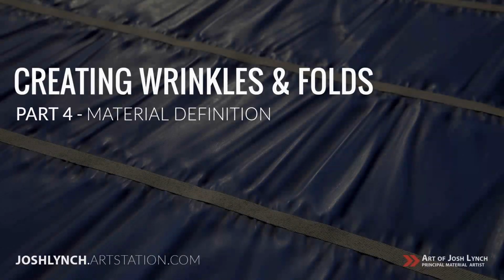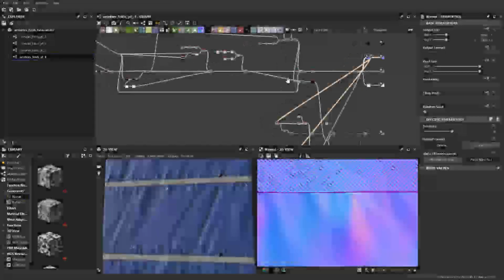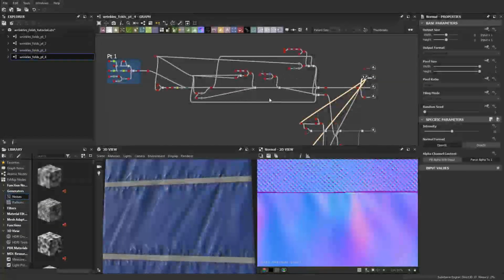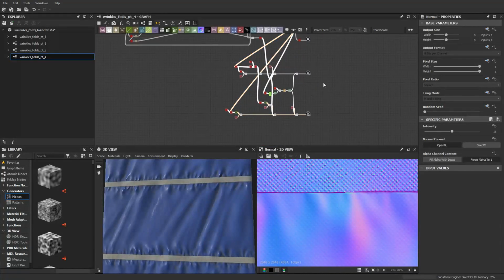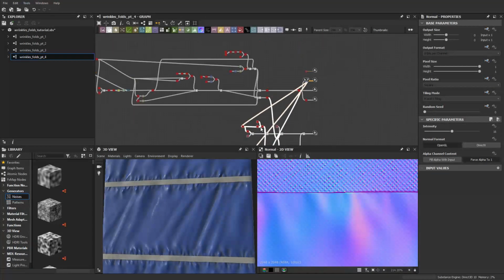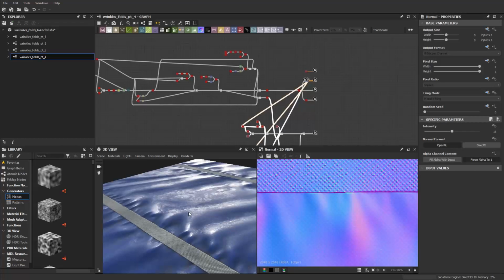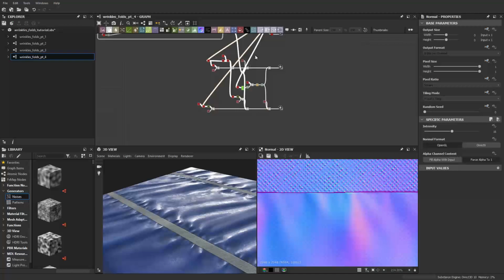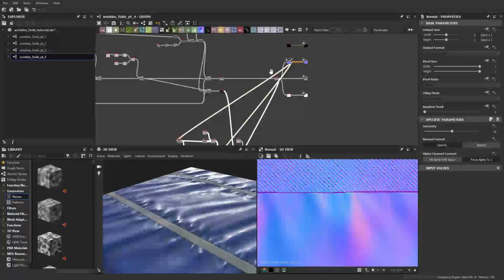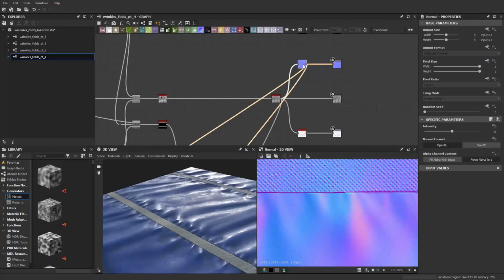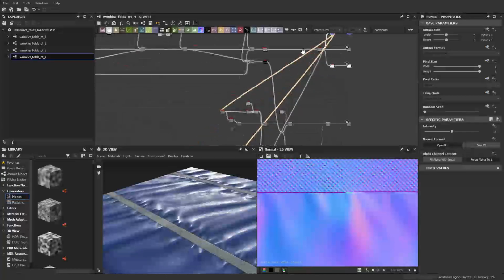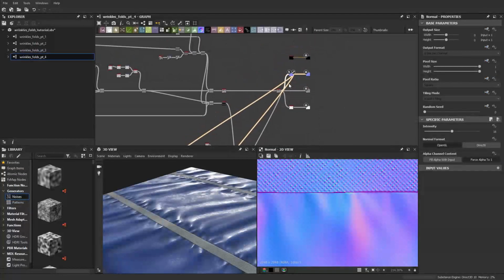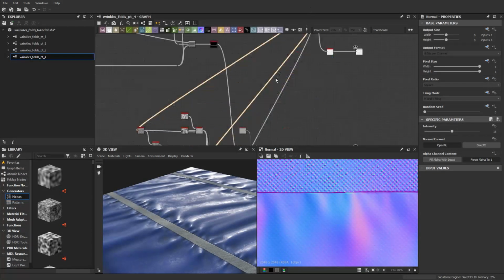All right, so we're in the final part of our Wrinkles and Folds tutorial here. And what I want to do is stay down here for the most part. And we're going to be talking about adding storytelling elements and just age and wear and just really cool stuff through the roughness and the albedo, right? So the first thing I want to touch on is let's come up here, and I'm outputting from the normal map